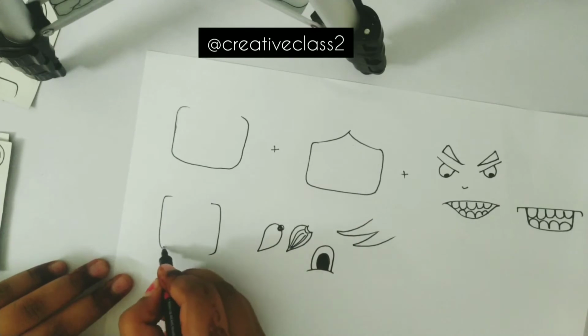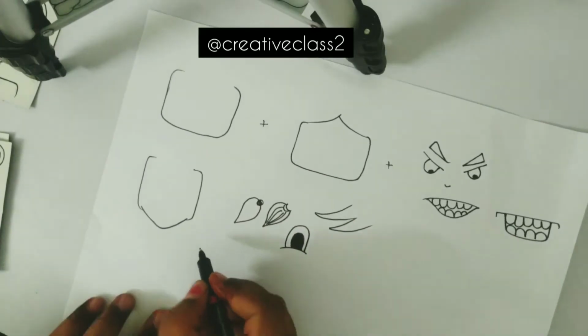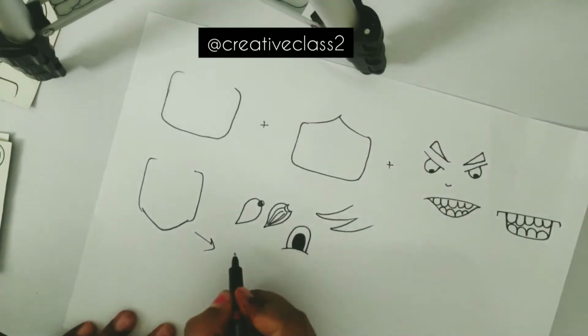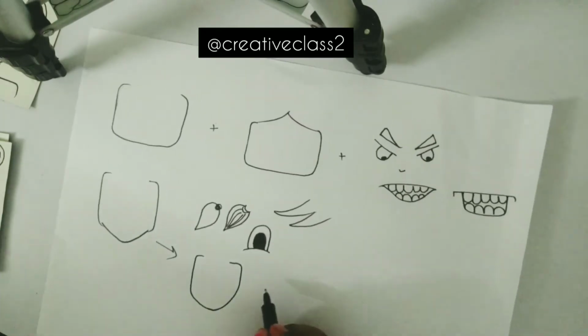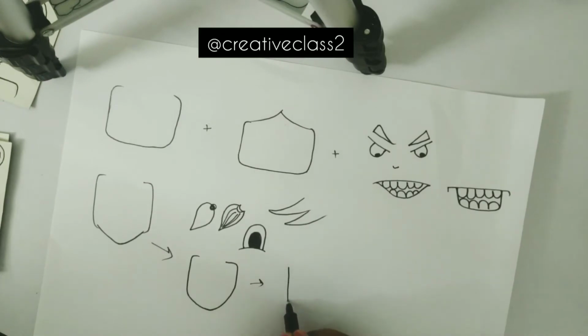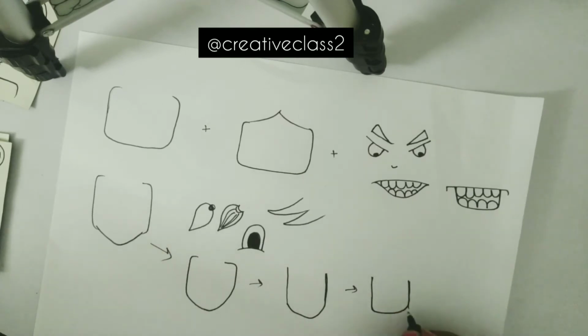So the second one is this also. This is a very nice idea, that you make two lines parallel to each other, or you can make them angular also, and then add a V, U or any oval in the end, and keep one side open in the top so that we can add a hairstyle to that. And if you need a hairstyle video, just comment it down and I'll make one for you.